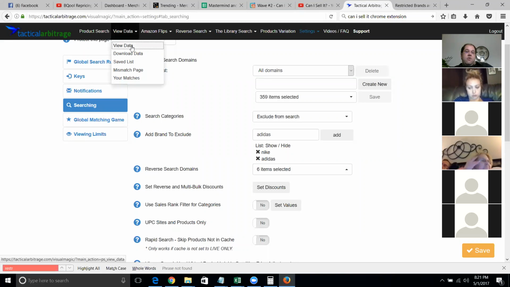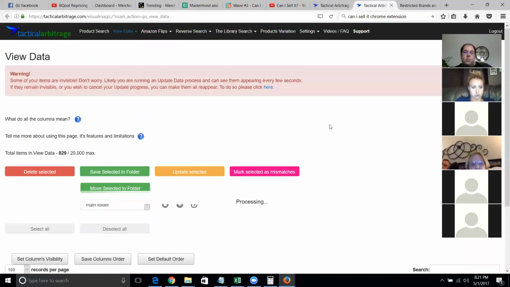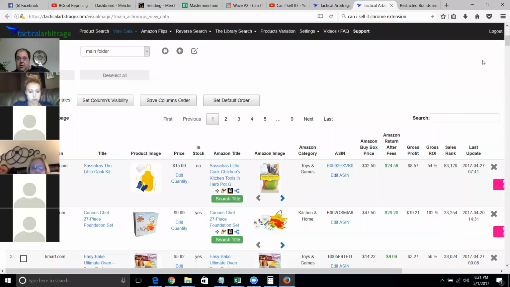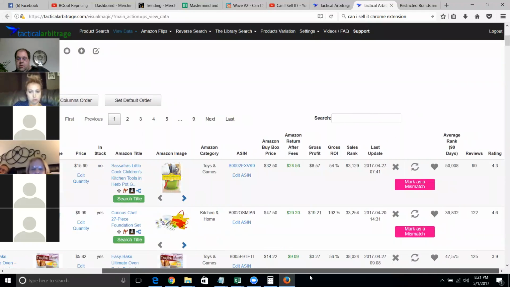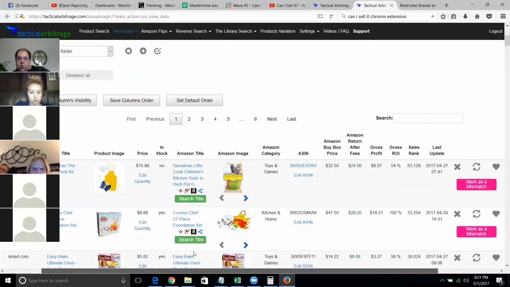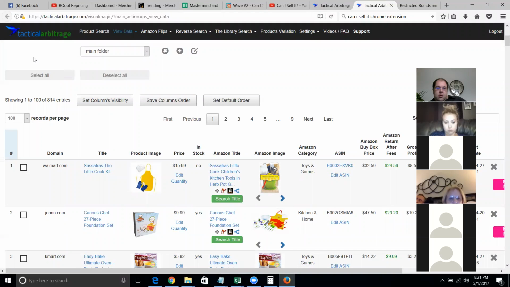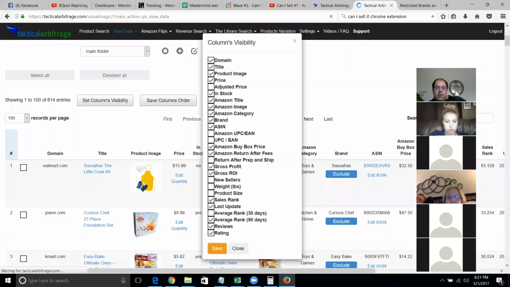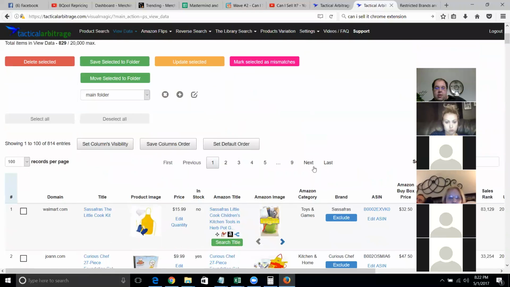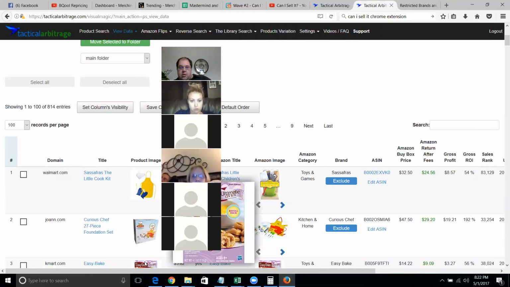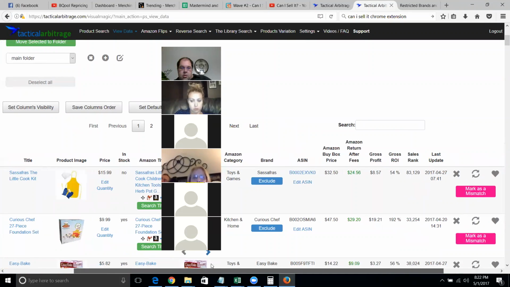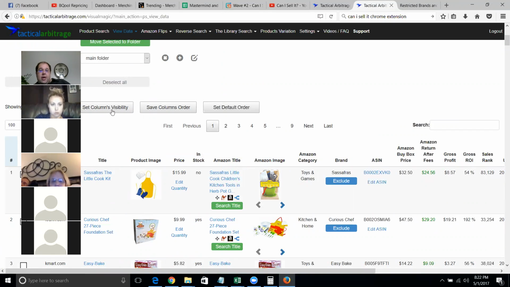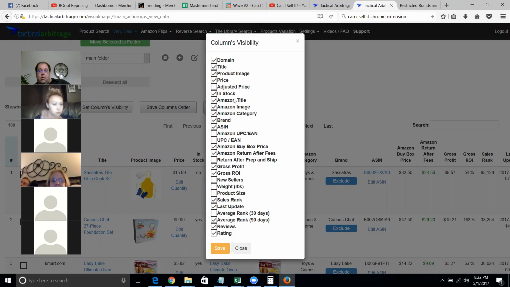Now, if we go over to our View Data screen, let's move this around a little bit. Do I have the brands? Okay, so I don't have the brand turned on right now. Let's turn the brand on. Let's reload the data. Okay, so if you have the brand on under Set Column Visibility, which you can click on,